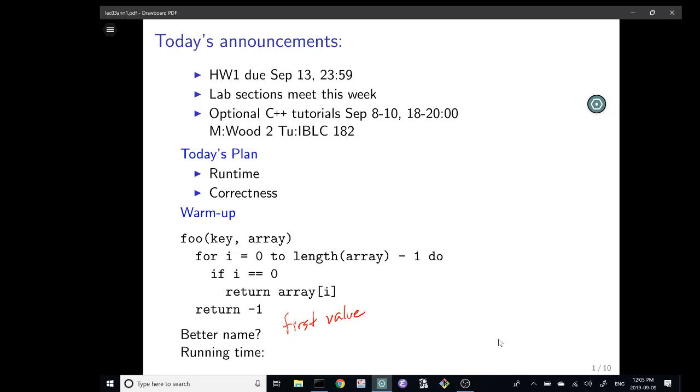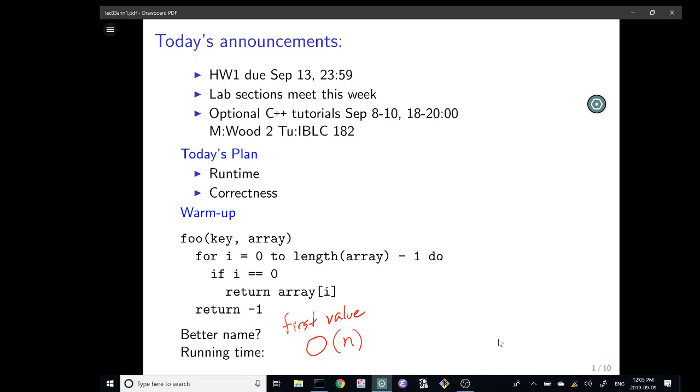Yeah, that's the length of the array. The running time is, you want to say something like, worst case big O of n. Big O of n. Okay, that's good?